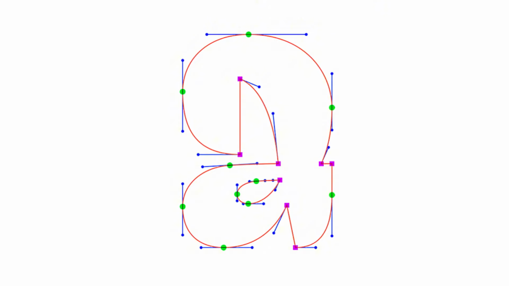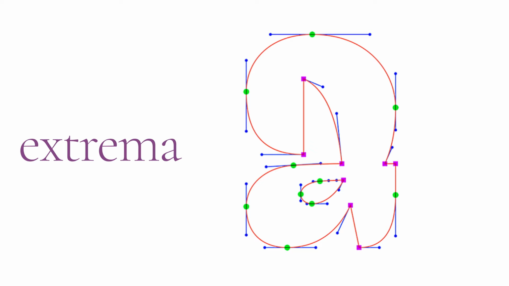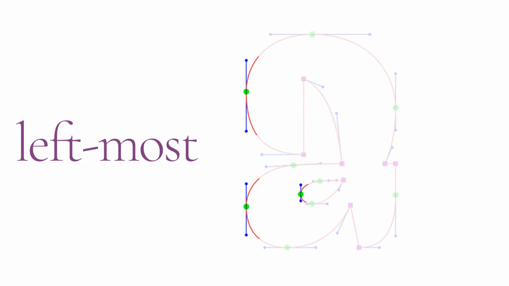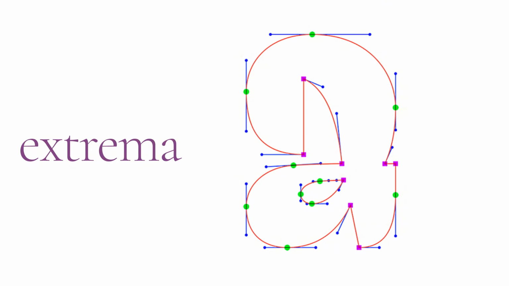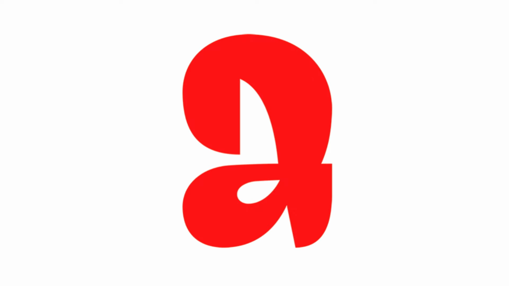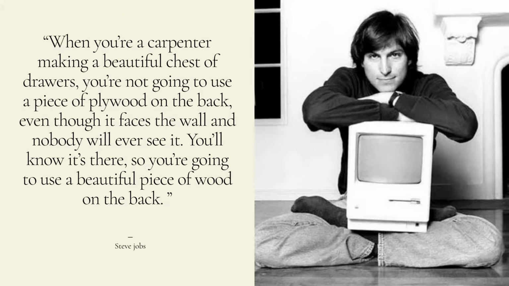Extrema means it's either the minimal x or minimal y or maximal x or maximal y. So dissecting the curvatures and trying to find the highest point, the lowest point, the far left point, and the far right point, and using those points to add on-point controls instead of in between. This is one of the most important lessons for typeface designers and icon designers: put your anchor points on extrema. This is like what Steve Jobs was talking about with the back of the cabinets. Even in places you don't see, craftsmanship went into it to ensure the quality.